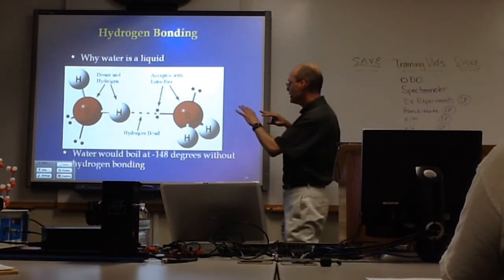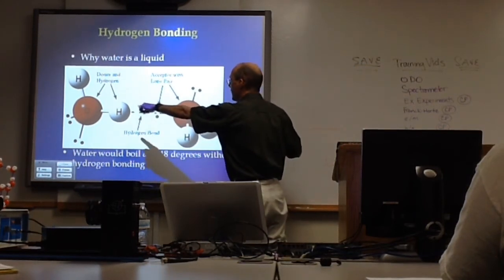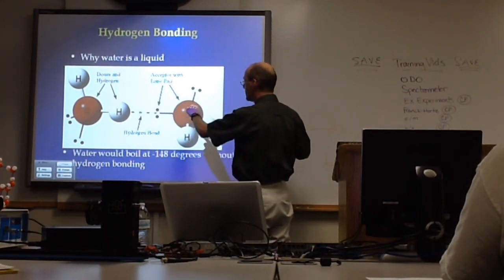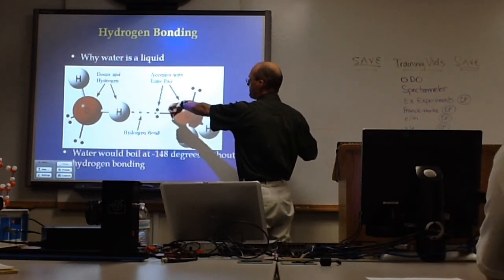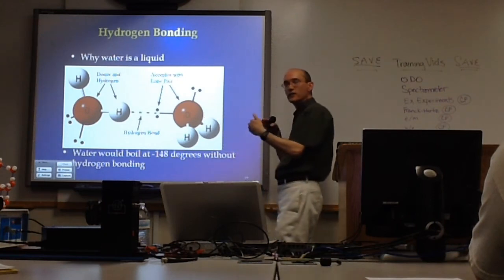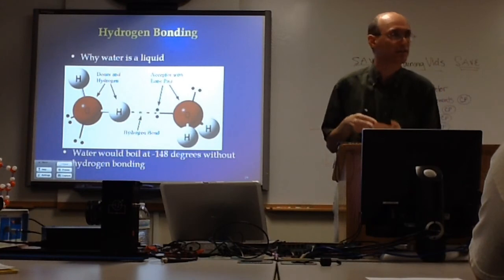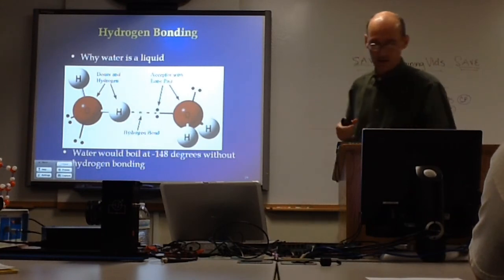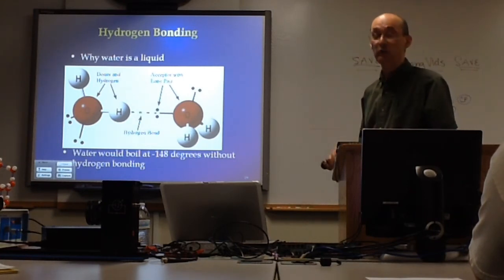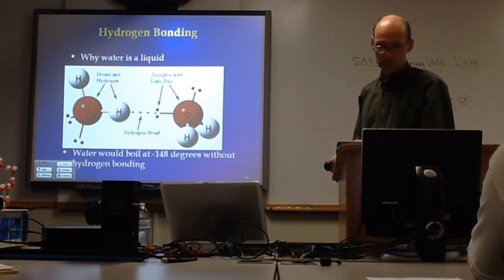So it turns out that the positive of the hydrogen and the negative electrons of the oxygen attract each other. So it makes them stick. It makes water stick to itself. So it's very cohesive, I think is the word. Okay. So it explains why water is a liquid instead of a gas at moderate temperatures when it shouldn't be. It turns out that if it didn't have this property, water would boil at some